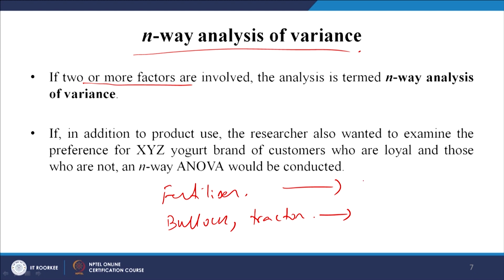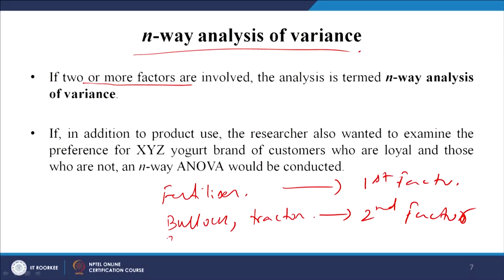So, this is the fertilizer, this is the first factor and this is the second factor. The second factor says that the kind of technology being used will also have an effect on my dependent variable. So, now in this condition there are 2 things the researcher is going to check, fertilizer and technology. Since there are 2 factors we say it is a 2-way ANOVA, right.